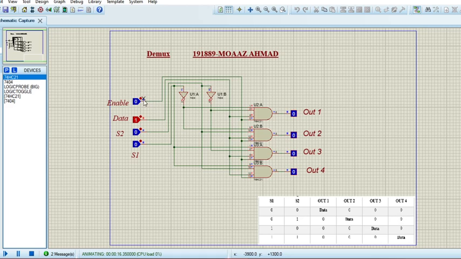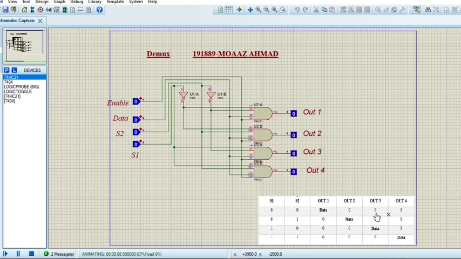But if I change select S2 to 1, then I can see here that now I have run this simulation, and